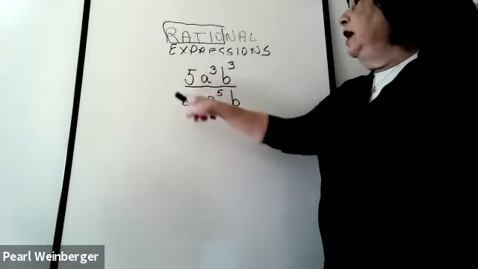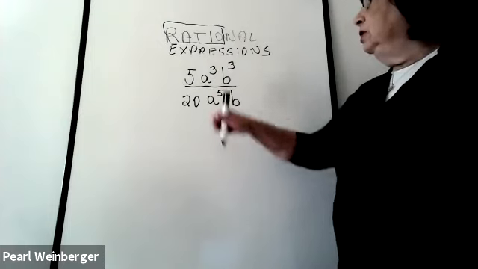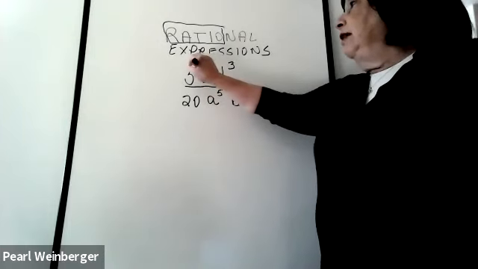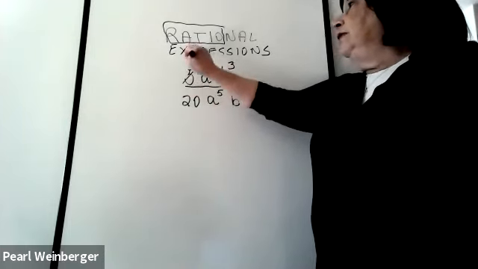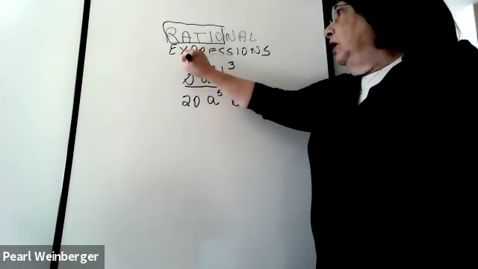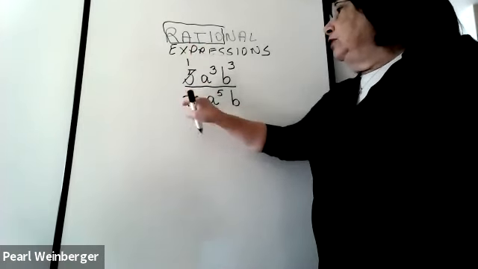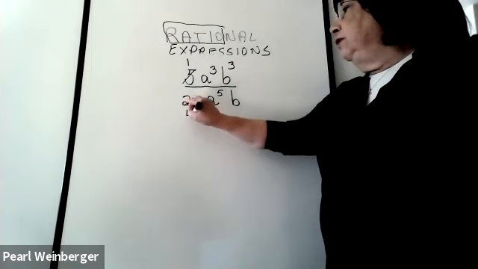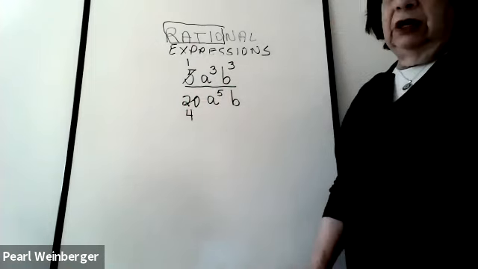So between the 5 and the 20, the coefficients, the common factor is 5. I'm going to cancel out the 5 on the top. That'll leave me a 1. And 20 divided by 5 gives me 4. That takes care of my